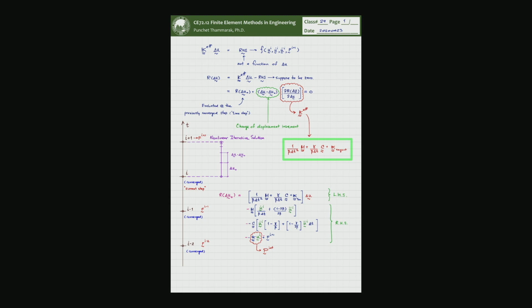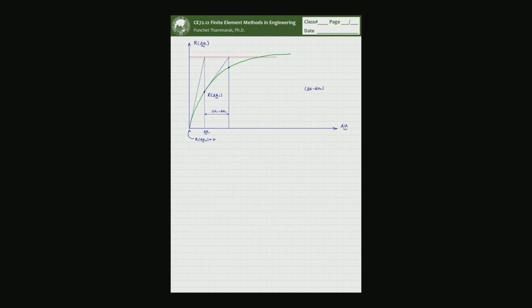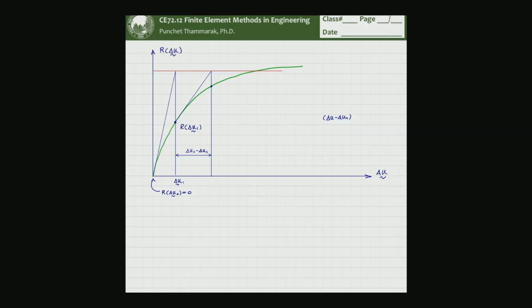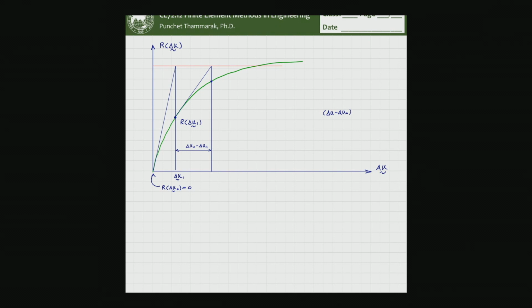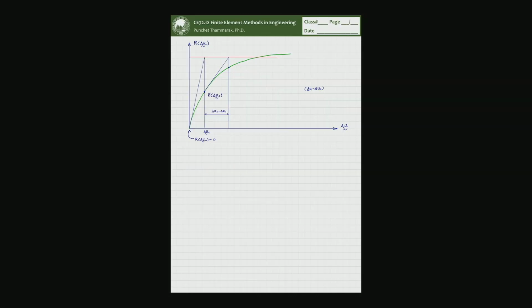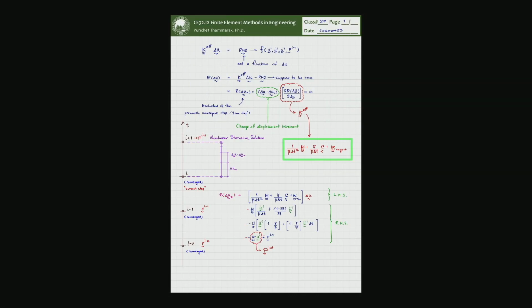Okay, but as much as we talk about in these two courses, we are capable of going all the way to the peak, to the zero stiffness part. All right. Okay, so that is pretty much it for the